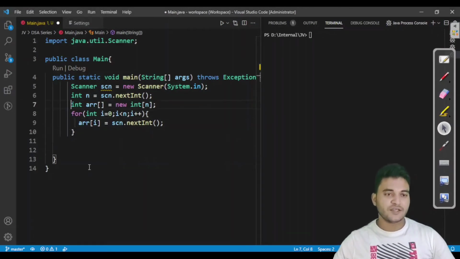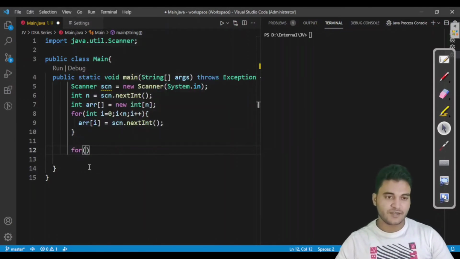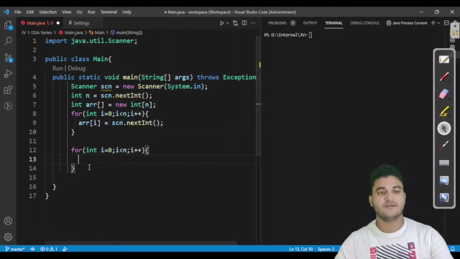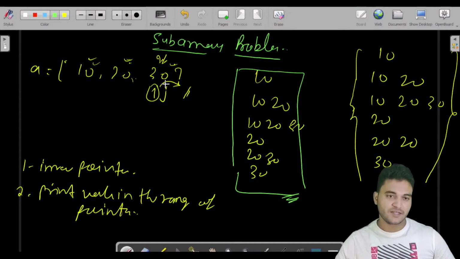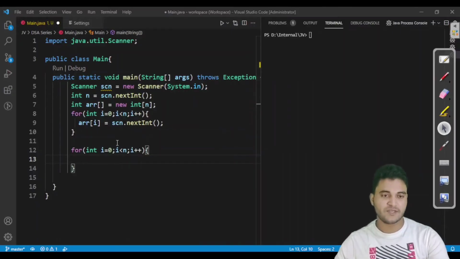So we have already taken an input from the user. This is the length of the array, and we have defined the n size array, and here I am taking the n values from the user. Fine. Now what we have to do, we have to iterate one loop from i equal to 0 till i is not reached to n. Like what I told you, we have to move i till i is at the end of the array. Fine. So this loop is clear.